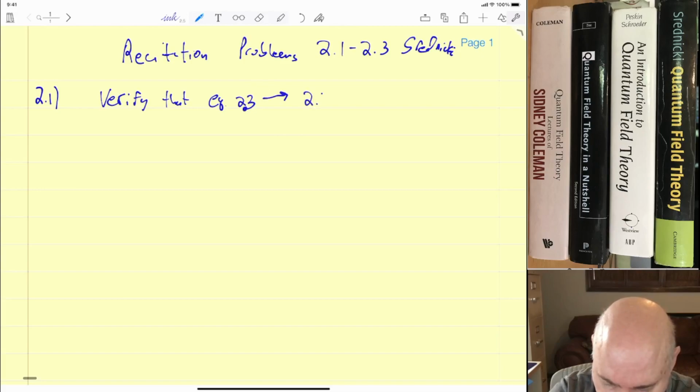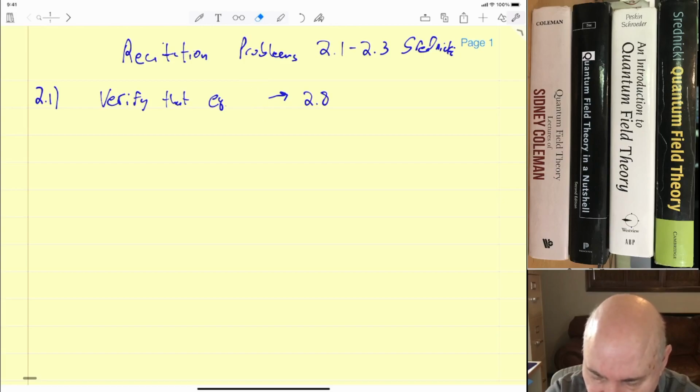implies 2.8. And when reading all physics, especially all advanced physics textbooks, one should verify every equation in the book. No matter how tedious it might seem, it will tremendously help your understanding of the material. Okay, so